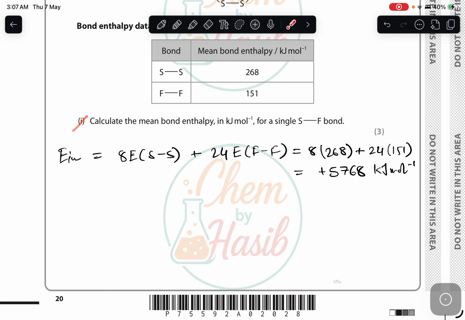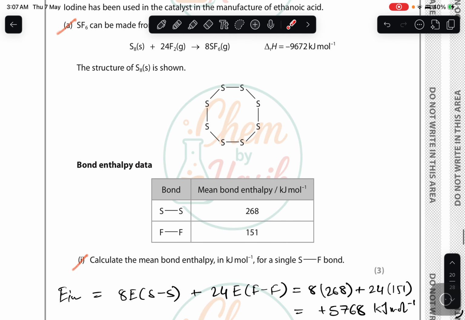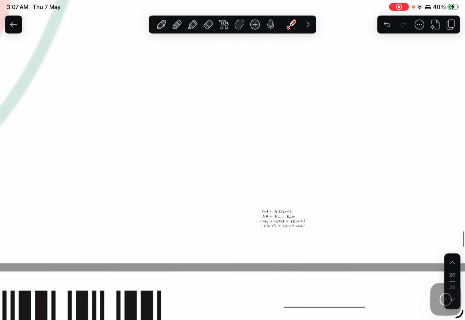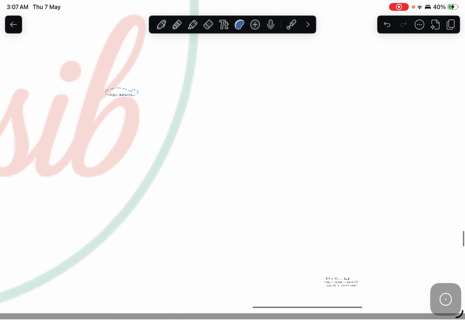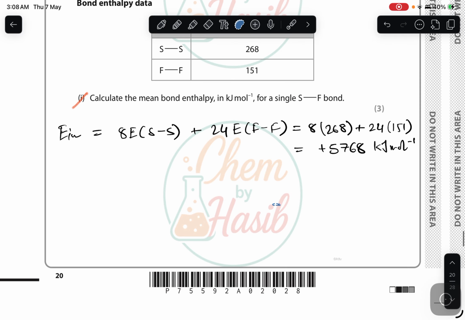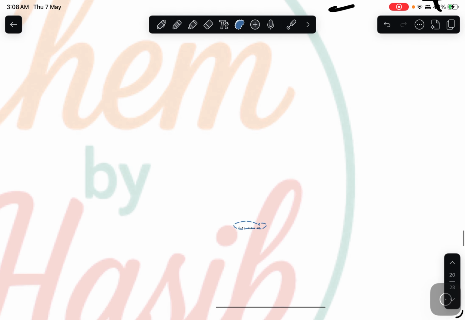Then we have E out. E out is the energy released when new bonds are formed. So in SF6, the SF6 molecule has 6 SF bonds, right? Now there are 8 SF6 molecules, so you have to multiply by 8 as well, right? So let me show you. There are 6 SF bonds, so you have to multiply by,